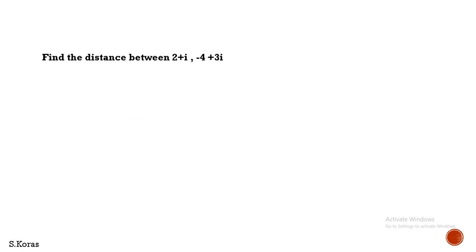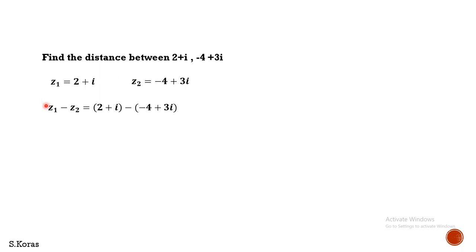Let us find distance between 2 plus i and minus 4 plus 3i. Let us represent the first complex number by z1, and let us consider the second complex number by the name z2. If you want to find distance between these two complex numbers, we have to find modulus of z2 minus z1 or modulus of z1 minus z2. Both will have the same answer. So now let's try to find